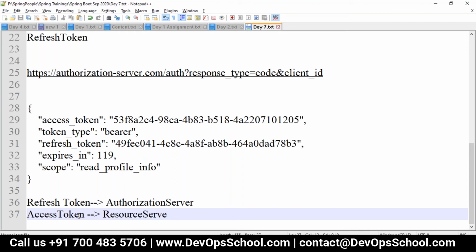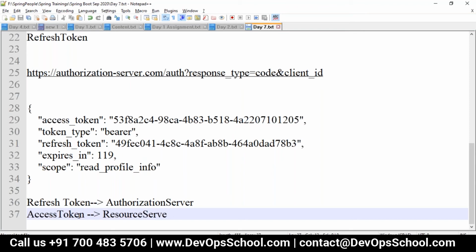So you don't need to re-authenticate your users. Whenever you want to do re-authentication, we go with the access token. But if I don't need to, say in the banking system, where I periodically want to re-authenticate after an hour or some time, I can go with a refresh token here itself.